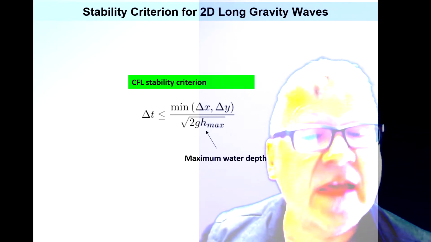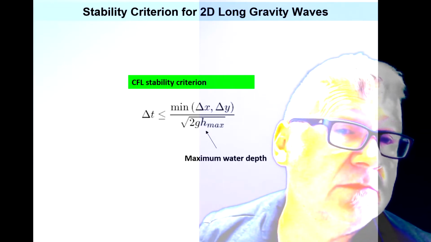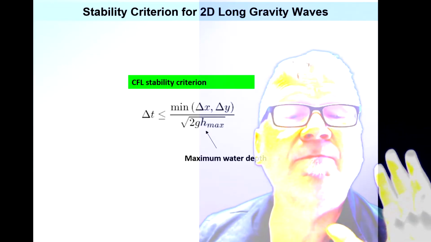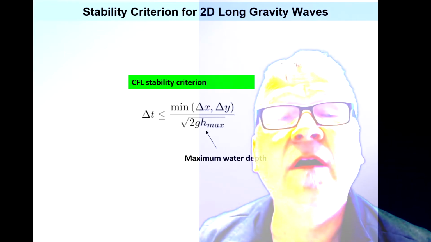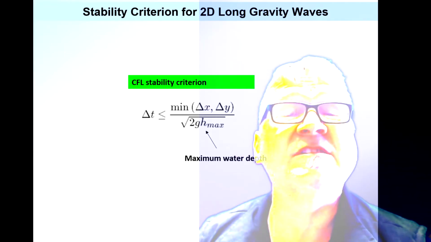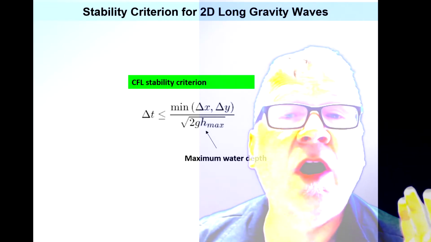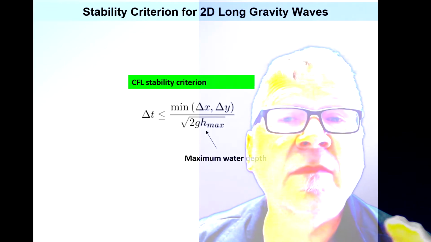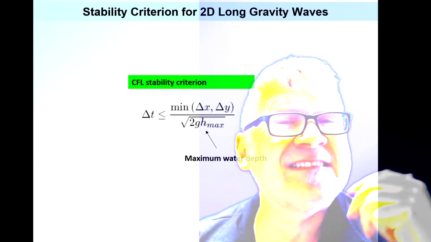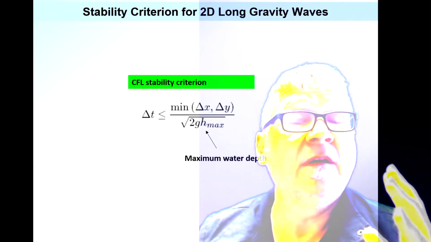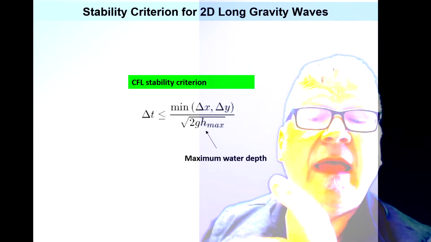So when you do all of that, you have to choose horizontal grid spacings. You have to set up your model domain, you have to allocate water depth to it, and then you have a constraint for your choice of the time step delta t, and you have a stability condition, and it's called the CFL stability criterion, and this